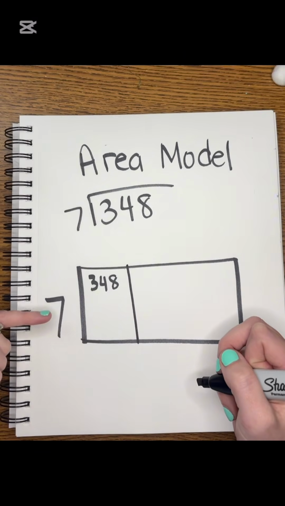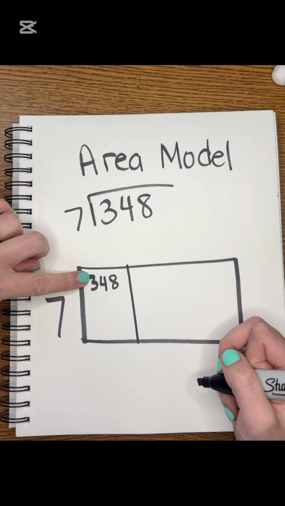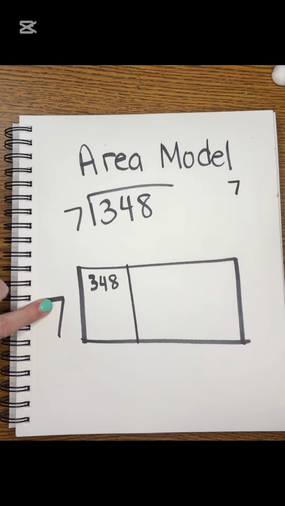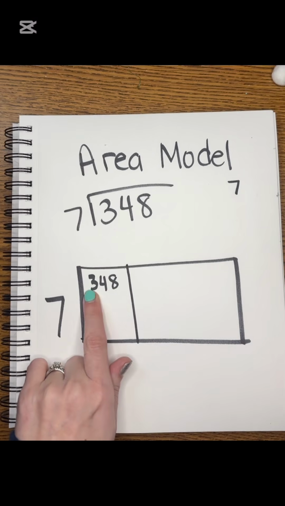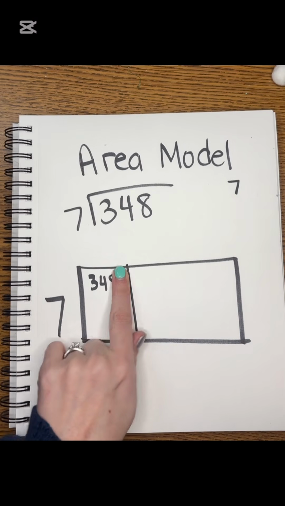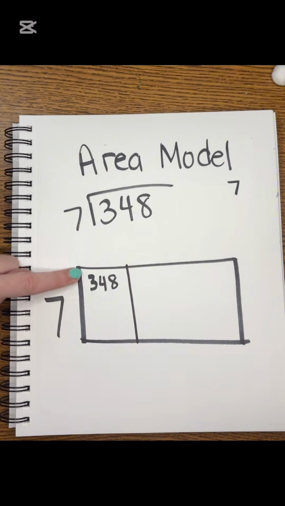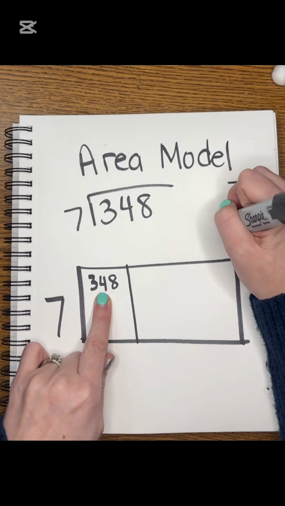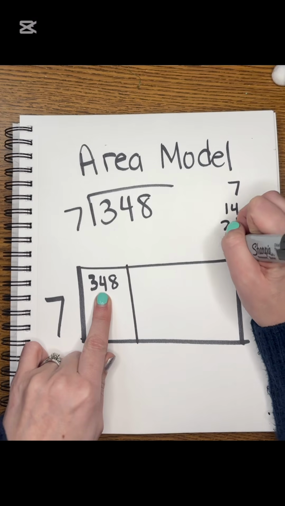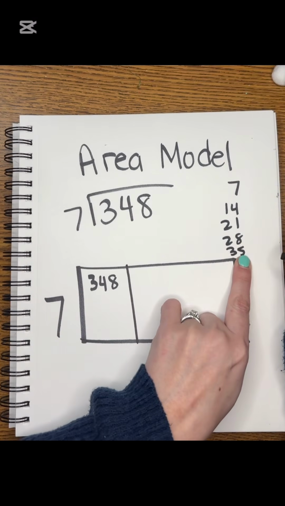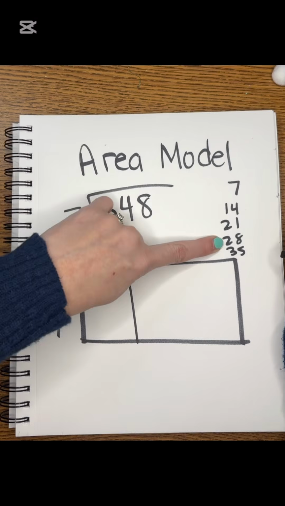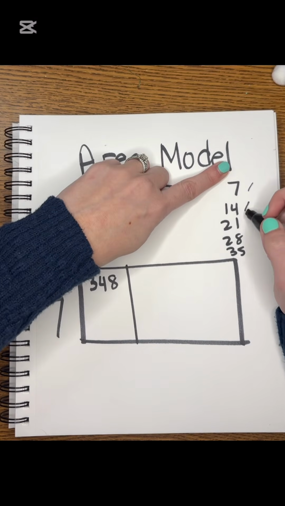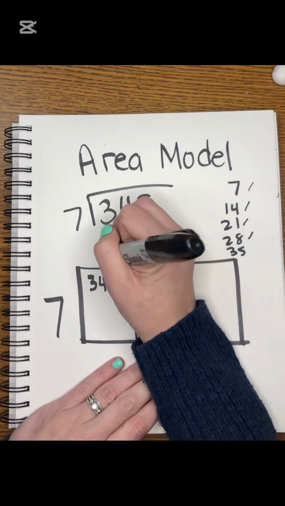Now the same thing, 7 cannot go into 3 because when I start counting by 7s, I get 7. So now I'm going to move over to the 34. I'm no longer looking at it as a 3, it's a 34, and I'm going to count by 7s to get as close to 34 as I can. 7, 14, 21, 28, 35. 35 is too big, so we're going to use 28. So now we need to know how many times was that. 1, 2, 3, 4. So 4